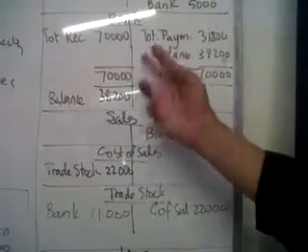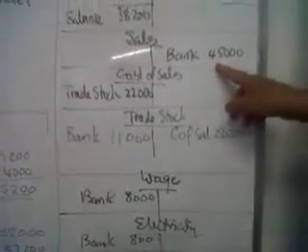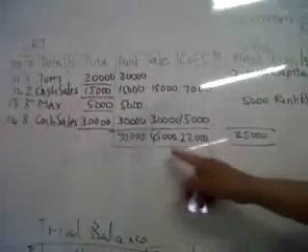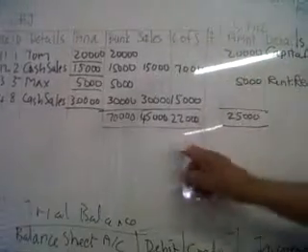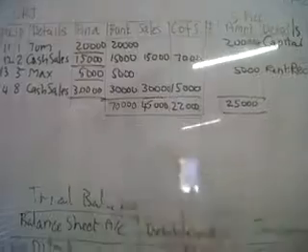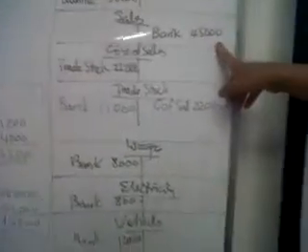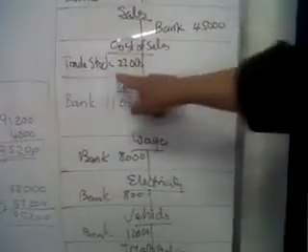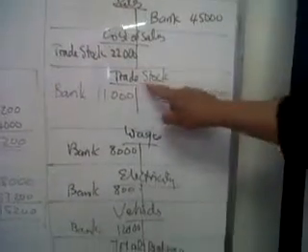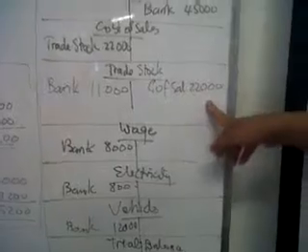You subtract the two sides. The sales, we credited with 45,000. It's coming from the CRJ. Remember I showed you? That one here goes to the credit side. So these three are credited. That is debited and credited to two different accounts. Okay, so let's go. Sales is credited with bank. Cost of sales debited, you write trading stock. And trading stock is immediately credited with 22,000 rand, which is sold. You sold that amount of money.